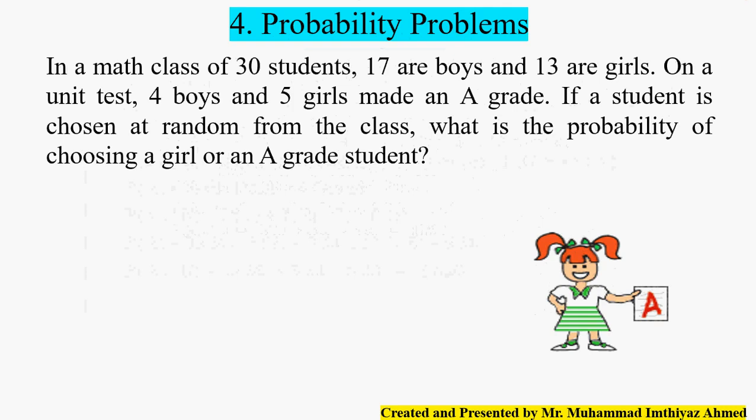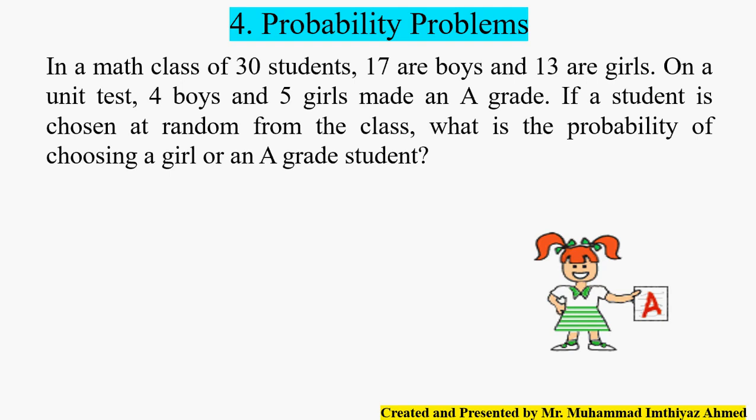In a math class of 30 students, 17 are boys and 13 are girls. On a unit test, 4 boys and 5 girls made an A grade. So it means a total of 9 students made an A grade. If a student is chosen at random from the class, what is the probability of choosing a girl or an